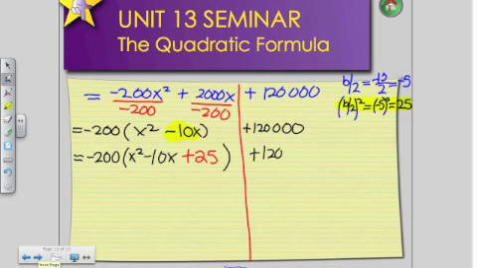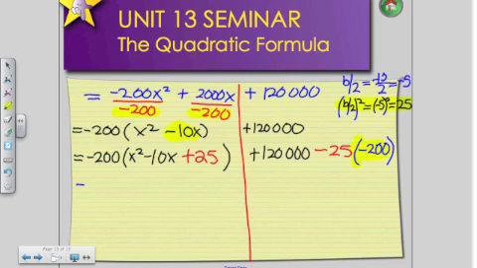Team B already has this 120,000. So we're going to subtract 25 from Team B. But we have to take into consideration this negative 200 that we divided by. We have to factor that in. So we have to multiply the negative 25 times negative 200. If you don't remember to factor this 200 in, you're not going to have the right